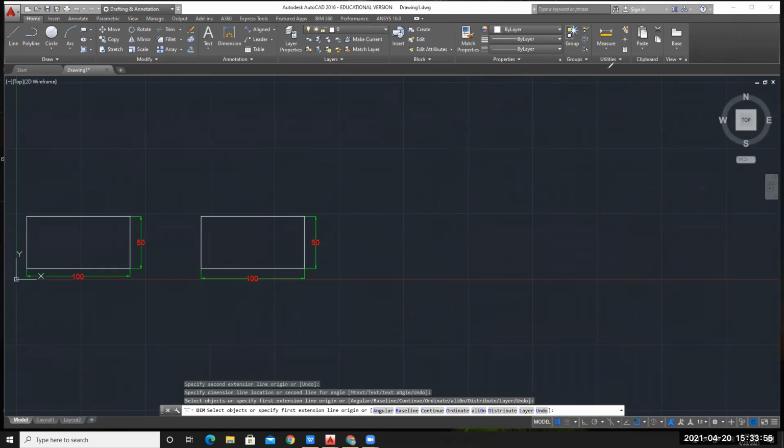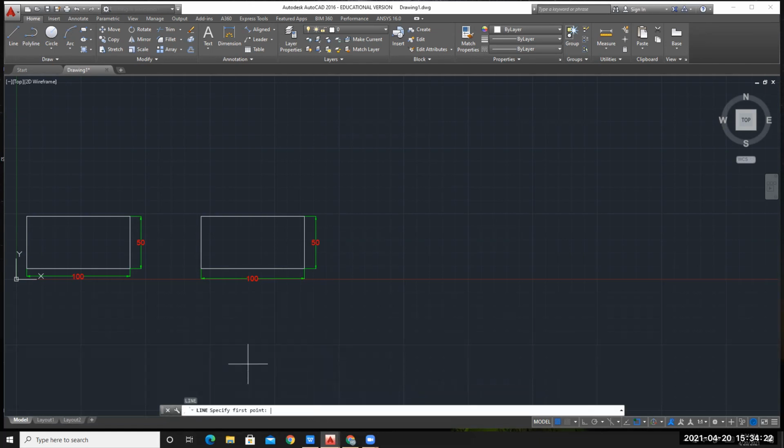Coming back to my AutoCAD, you can see something is written in the command line. In that situation, you have to press the escape key on your keyboard so that I can come to the root command directory. Nothing is over here. Now, the first command is line, L, enter, specify the first point. I want to draw that figure over here, so I will dynamically allocate the first point.